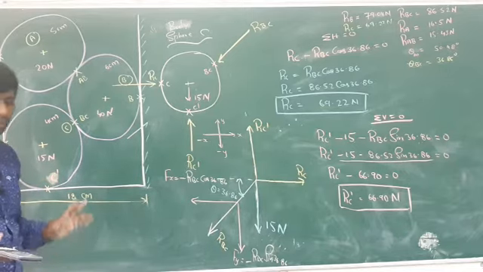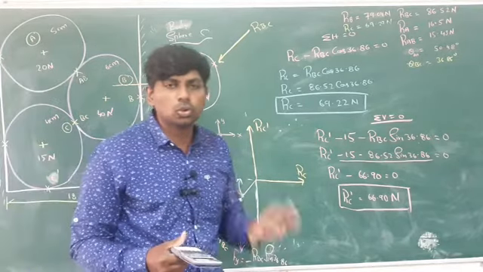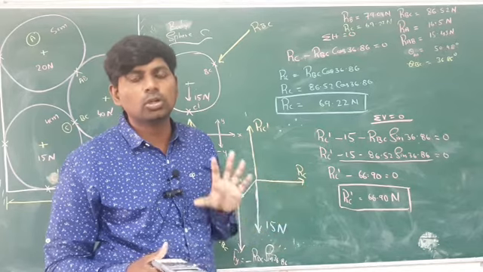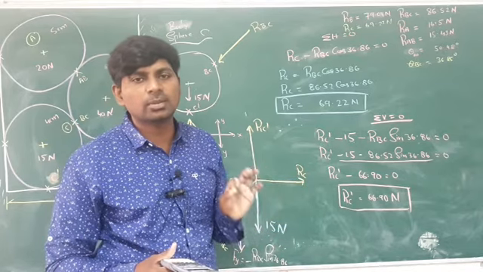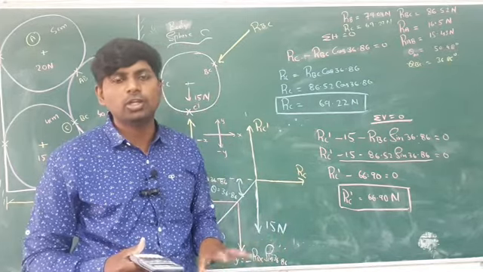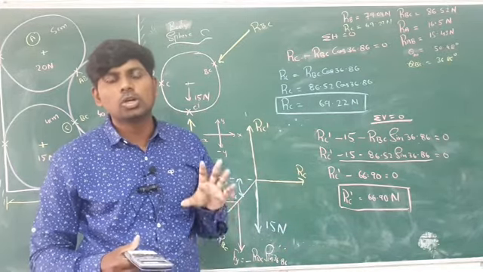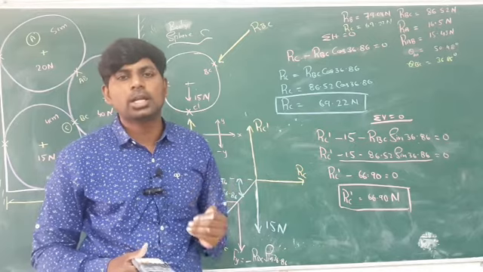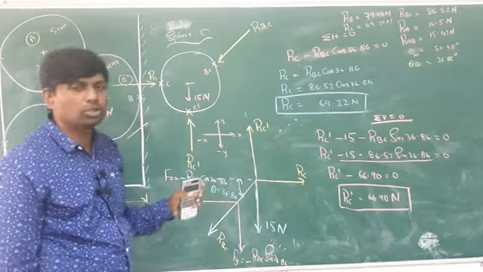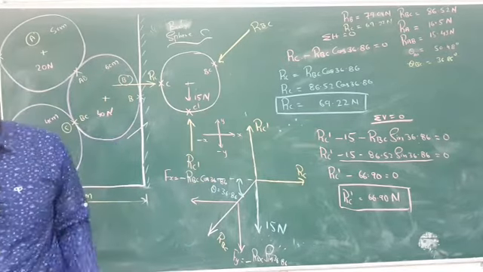Whenever one sphere, two spheres, or three spheres are given, you have to solve like this. You have to take cos theta, which is adjacent by hypotenuse. However many spheres are given, you select cos theta equal to adjacent by hypotenuse. Like this you can solve. Any problem that is given, you can easily solve with this simplification.